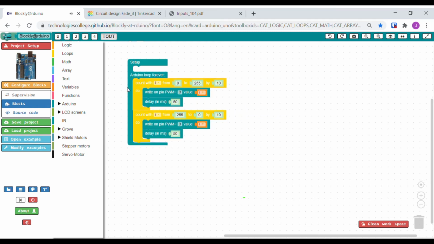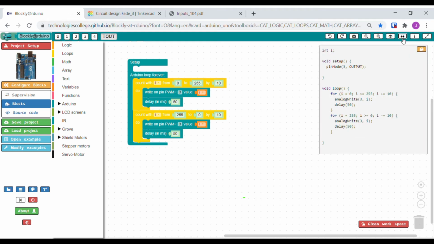And so what our code here is saying is that when we start, I is going to equal 0. And since I is less than 255, we're going to add 10 to I and then write it to pin 3 as the value I. We're going to wait 50 milliseconds, and we're going to check that again, and we're going to add another 10 to it until we're no